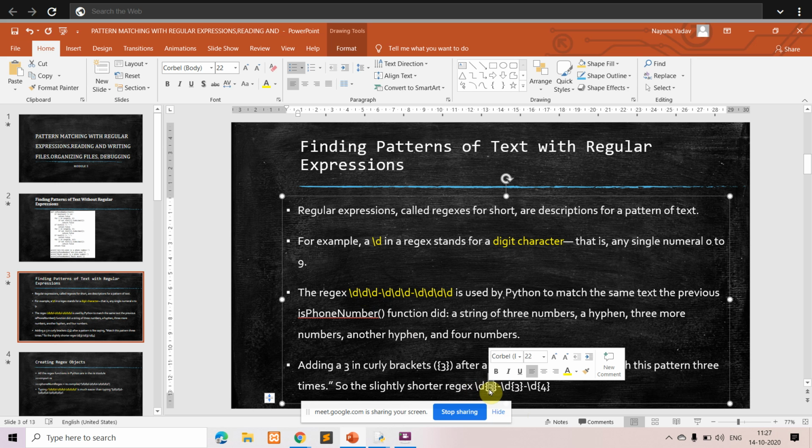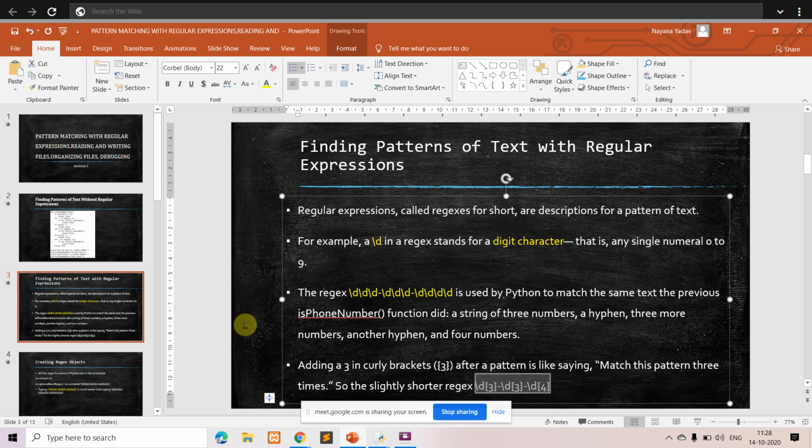So the meaning is that in your string you should first get 3 digits, followed by a hyphen, followed by again 3 digits, and after that 4 digits. If you give it like this, then this will match the previous program.